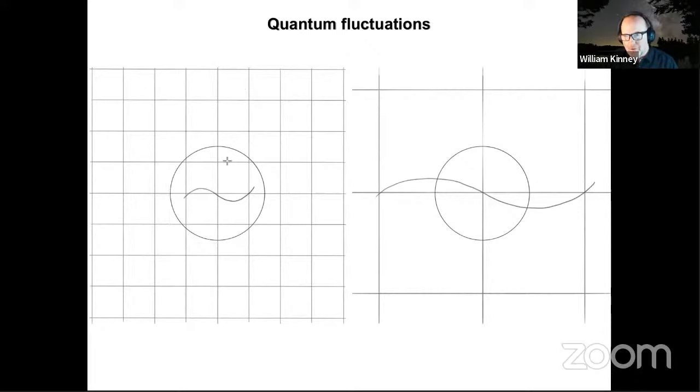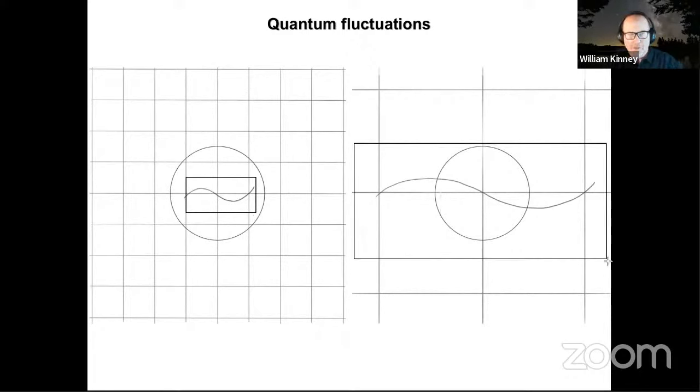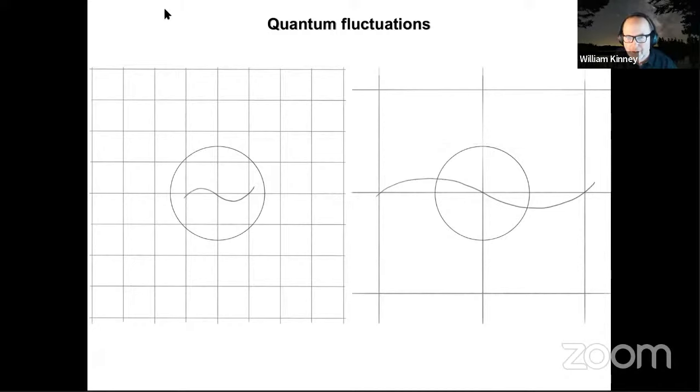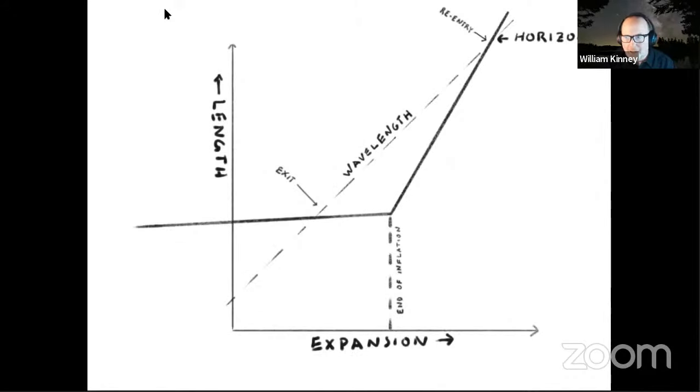But the basic picture is I take a short wavelength perturbation, it is rapidly stretched out to long wavelengths, and once that wavelength is larger than the horizon size, that quantum mode becomes classical, gets frozen into the background, and is imprinted as a classical perturbation in the space-time evolution. And what we're doing today is a calculation of the amplitude and the spectrum of these perturbations. So let's take a look at this qualitatively.